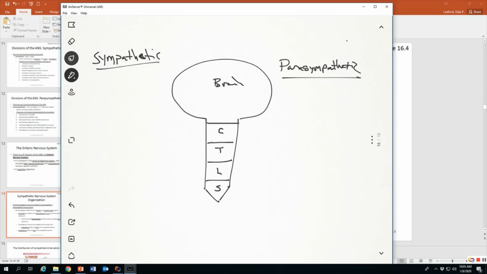We know there is a thoracic region. We know there is a lumbar region. And we know there was a sacral region of the spinal cord. And then there was coccygeal down here. And we know those existed from A&P 1. Now, sympathetic is called